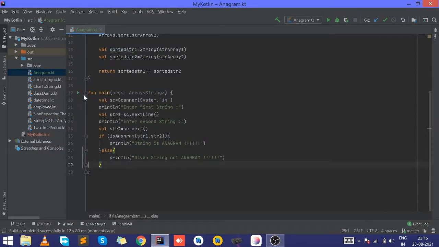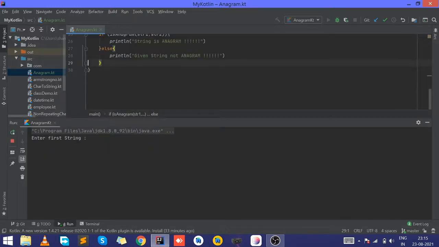Rerun here. Okay, so we got another. Again, we have to write here. So we have to get the correct output here.